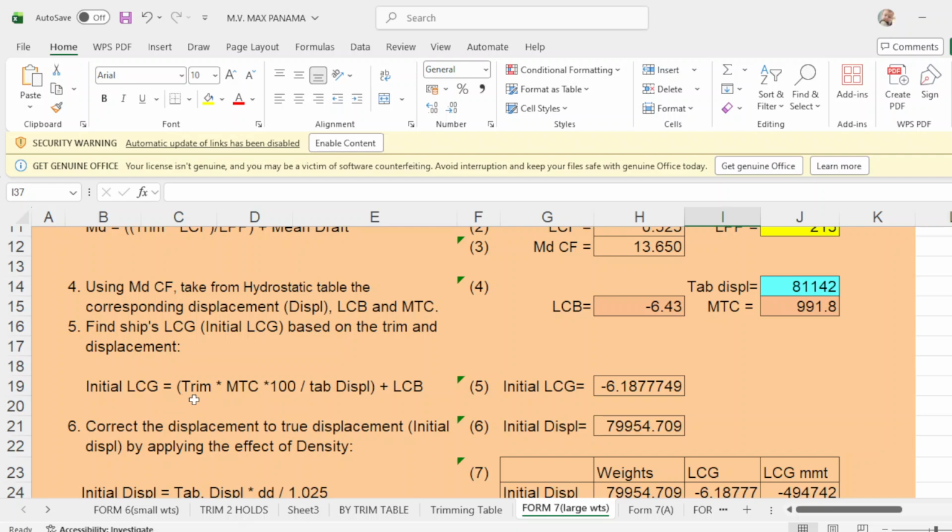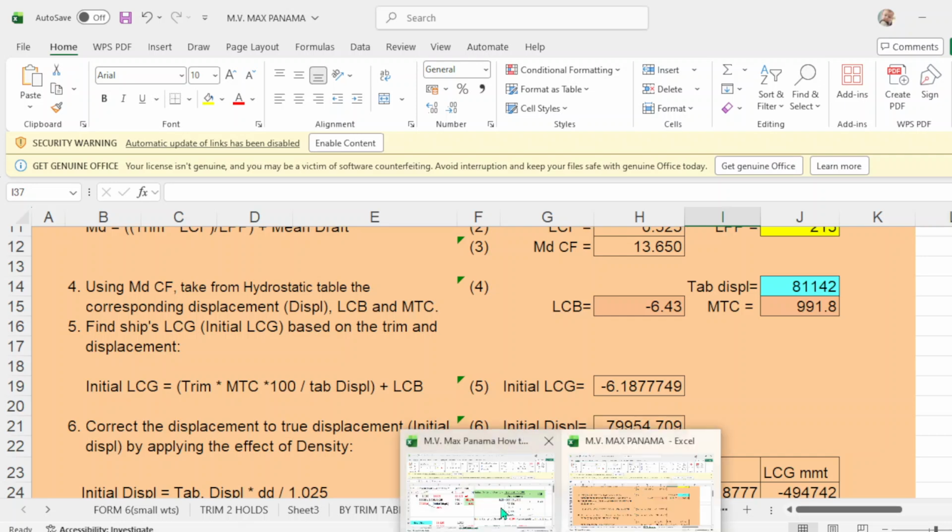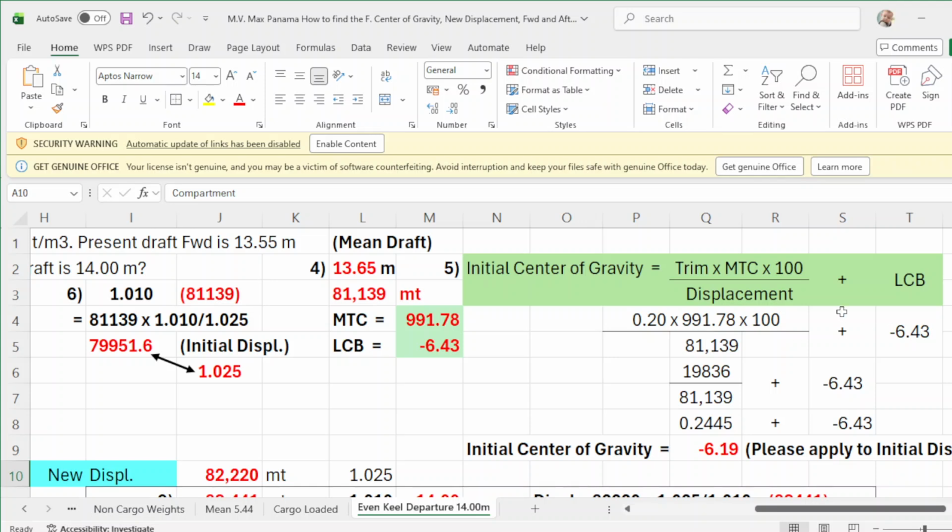The formula is trim times MTC times 100 over tabulated displacement plus LCB. And the answer to initial LCG is negative 6.187749. That will be number 5. You follow this formula: trim times MTC times 100 over displacement plus LCB.